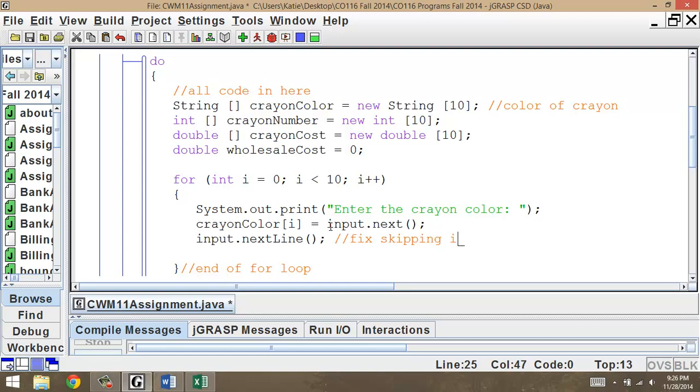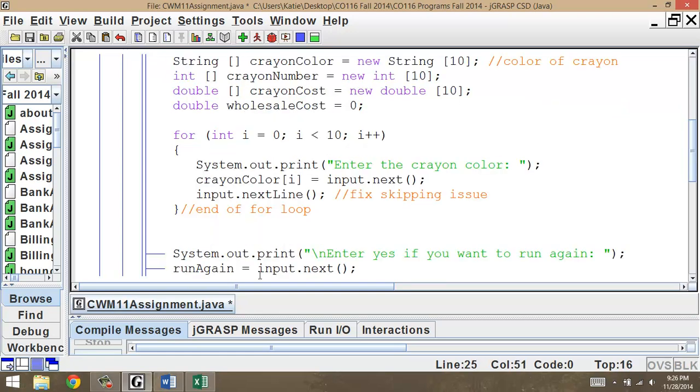That's only because we're going to take in an int after this, so we want it to not skip. We're going to come back and do our error code for the numbers and the cost in a little bit. But before we end the for loop,